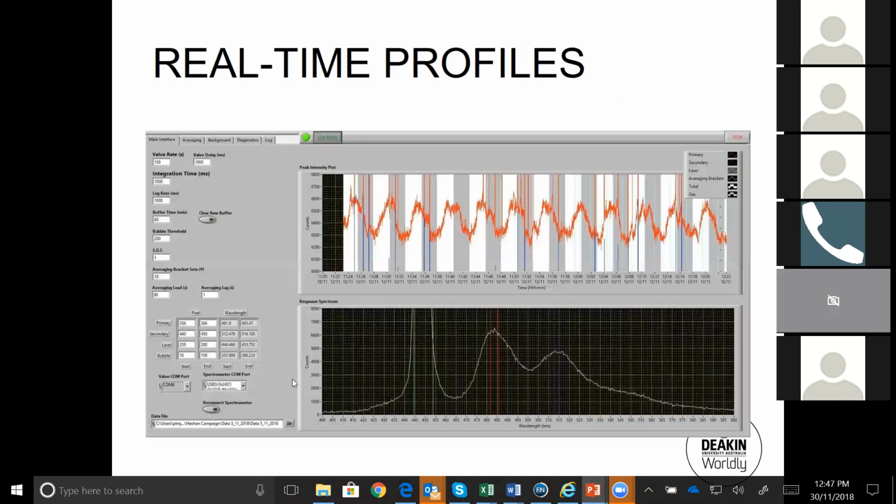Here you can see a nice signal. This is fluorescence, this is the spectrum. We are recording the spectrum at approximately 486.24 nanometers. This was not approximate, this is accurate, but this is like the fluorescence maximum. So we can use both peaks here of the fluorophore, the emission peaks, and this is how it looks. This is the number of counts, this is time, and this is particle, gas phase, particle, gas phase, particle, gas phase. So this is one real-time profile that we can now get with our instrument.